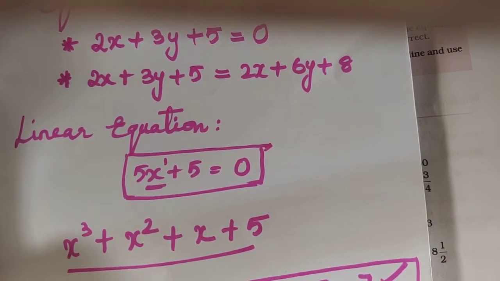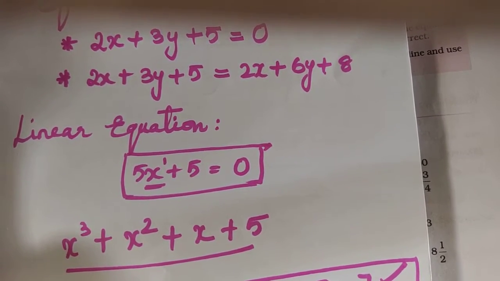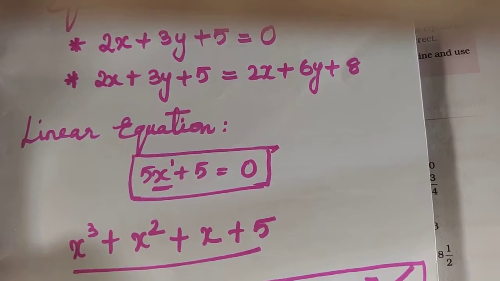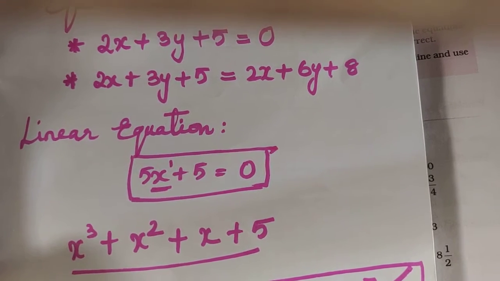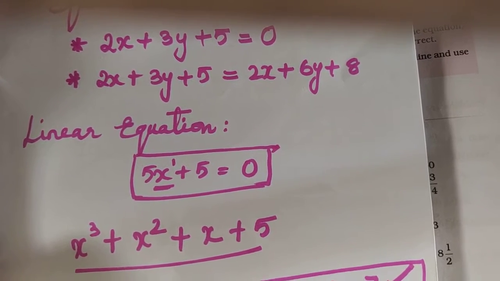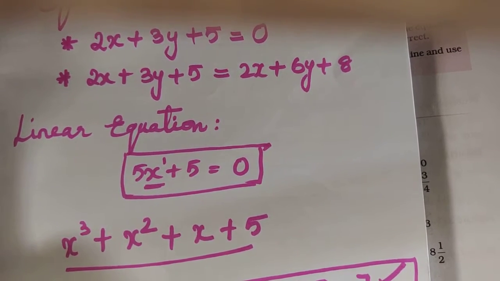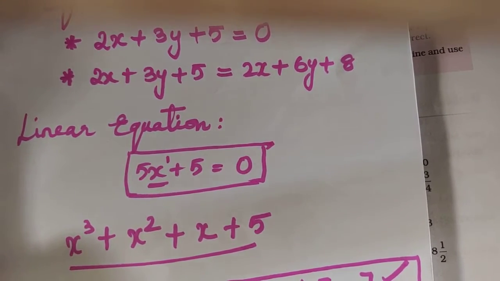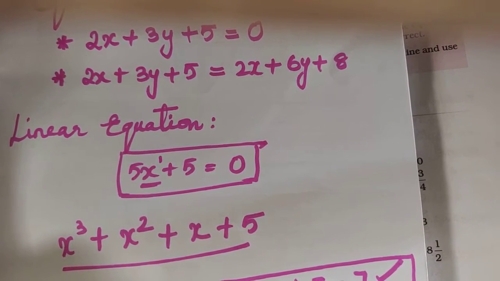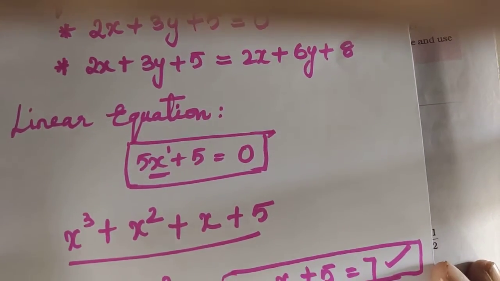Not only are we going to identify the equation here, we are going to learn how to solve and get the value of that unknown variable. That is what we are going to see in this chapter, children. We are going to solve the particular equation given to us and get the value of the unknown variable for it. Unknown variables are nothing but your x. If I take y, y is my unknown variable. If I take x, it is an unknown variable. Now we are going to solve it and get the value for it. That is what we are going to do in this exercise.